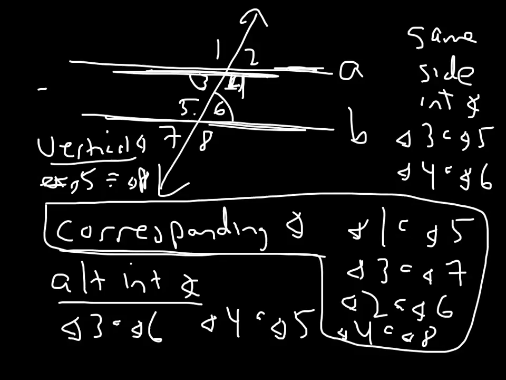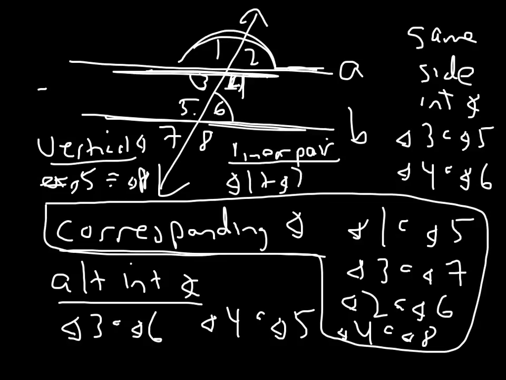And then you also want to think about linear pair. So when you see a diagram like this, you want to think of a half circle. So angle 1 plus angle 2 equals 180. And there are many other relationships, such as angle 2 plus 4 equals 180. Well, corresponding angles, alternate interior and same side interior angles, even if those lines aren't parallel, they still have those names. But if line A is parallel to line B,